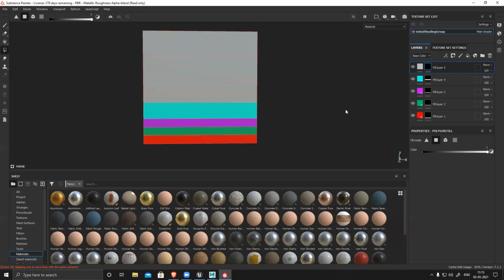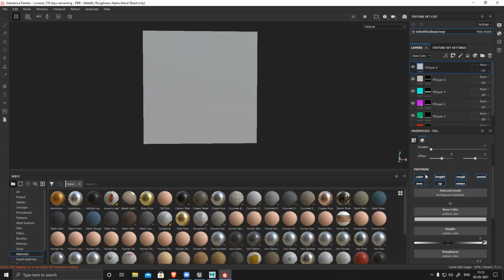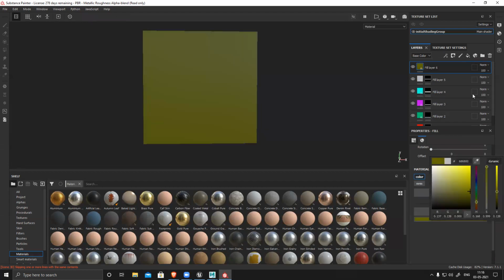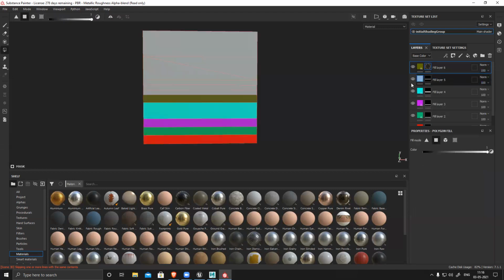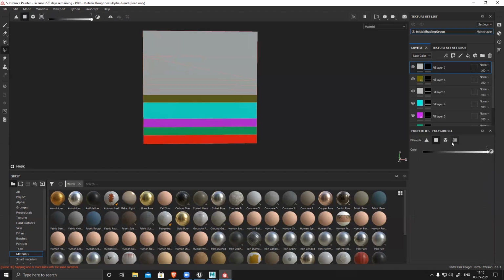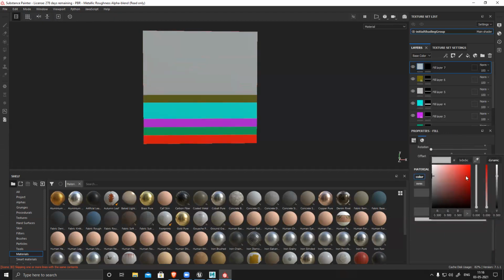You just need to add 1, 2, 3, 4, 5, 6, 7, 8, 9, and 10. We have 10 sections, so 10 different colors. That's it. And this part, oh, it's already gray, so let's keep it gray only. Let's try to create all these unique colors, and change the color.